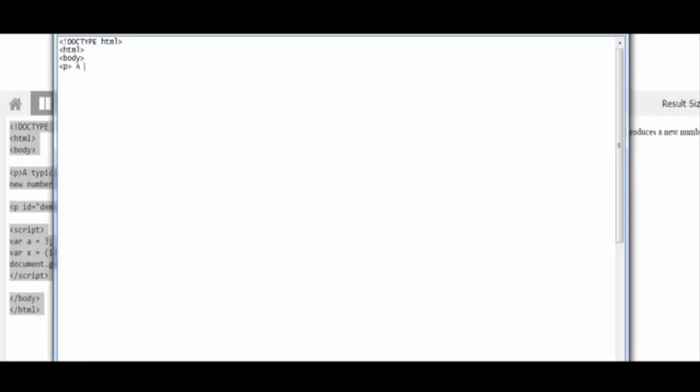a typical arithmetic operation takes two numbers or expressions and produces a new number. Okay, and close the paragraph tag and open up the paragraph tag and say id is equal to demo. Okay, and open up the script